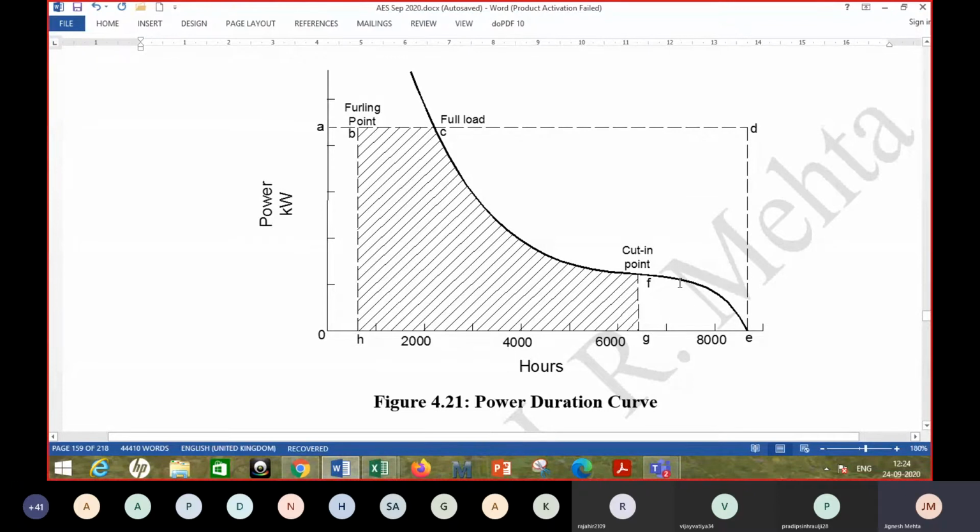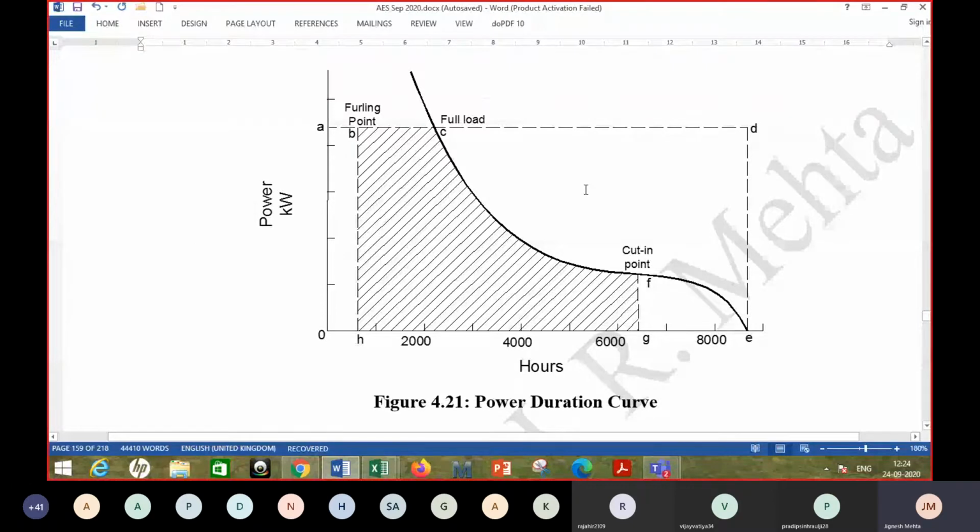But because for a few hundred hours the wind velocity was quite low, you did not produce power. Then the wind velocity was high enough to run the turbine, but it is not the design value, it is less than that, right? Let's say less than 15 meter per second, which is the design value for the turbine. Then it became 15 meter per second at some point, and then it was higher than that, but you are not utilizing it, and so finally the power that you are producing is in this shaded region. So obviously it is less than the area of this rectangle OADE.